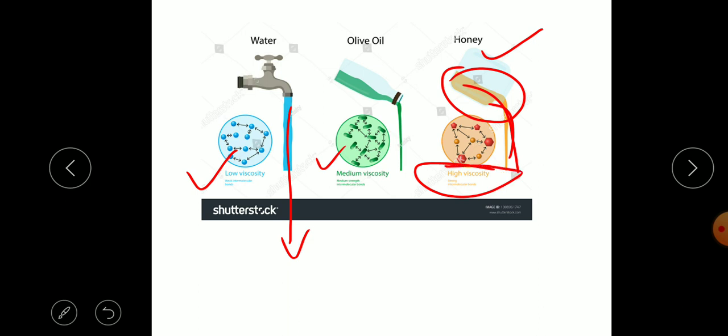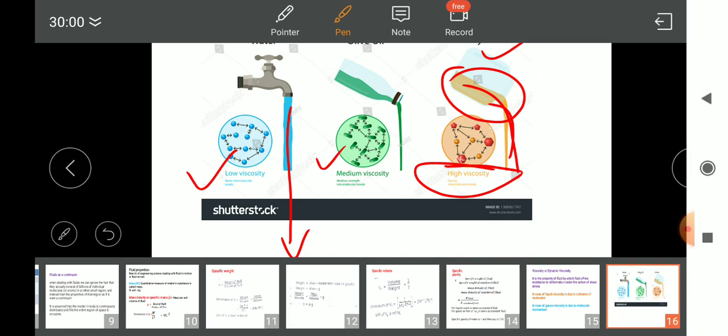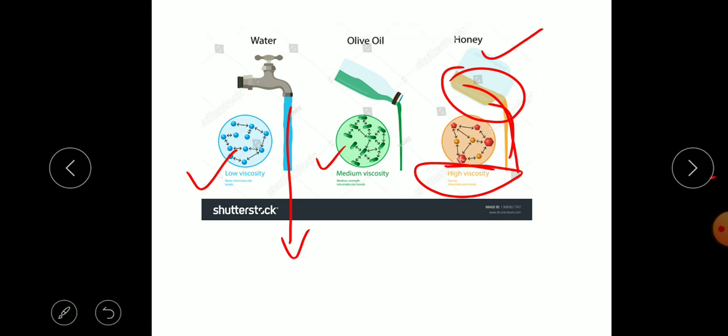So honey has a higher viscosity and will not easily flow. Oil has a medium viscosity. And in the case of water, compared to honey, it has a smaller viscosity. That depends on the cohesive forces between the molecules. Honey, grease, and oils have higher cohesive forces than air or water. Air viscosity is very low compared to water.